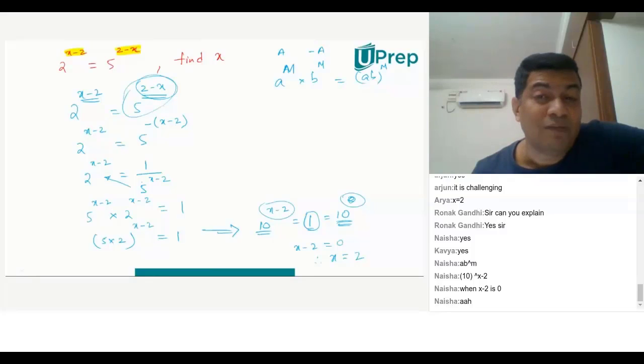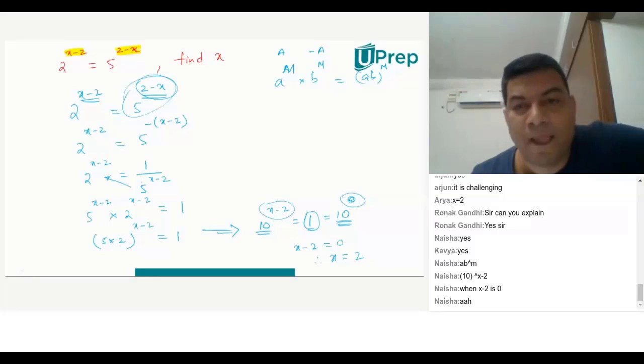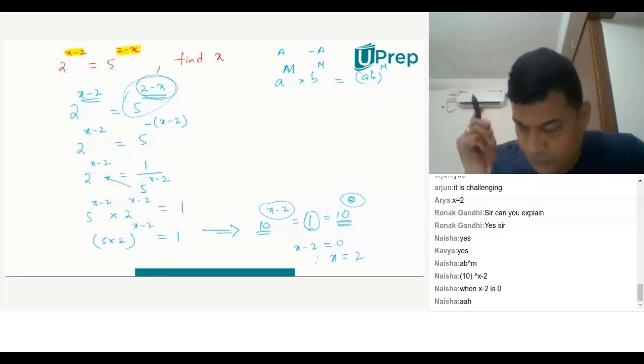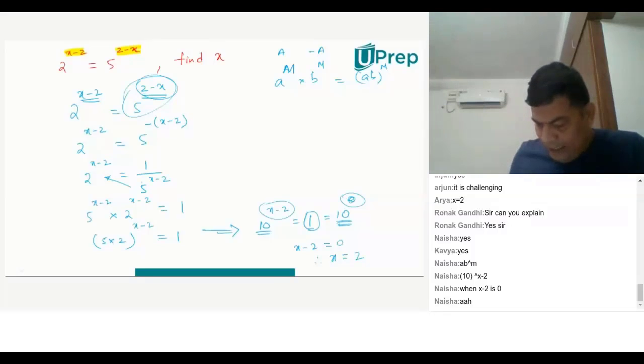That's one way of solving this problem. Sir, I want another way of solving this. Akshat, how did you change the positions of the powers in the second value? Can you repeat, Akshat? How did you change the positions of the exponentials in the second value? I did not change anything. I just manipulated it.